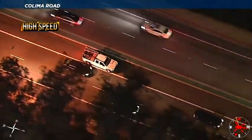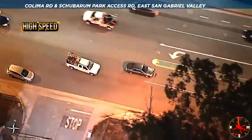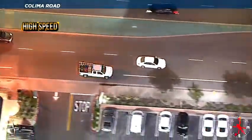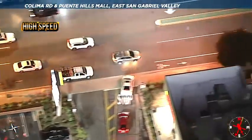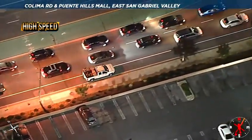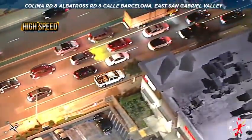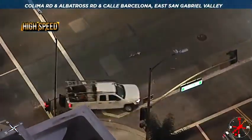And you can just see all of these turns put him onto very highly trafficked areas for the most part because of the time of the day. It's literally the middle of rush hour at 5:40 on a Wednesday afternoon, and every turn he makes, he sees brake lights for the most part, and you can see folks just trying to get home without any idea what's coming up behind them. He's already ruined several people's day, but fortunately, at least from what we could tell, does